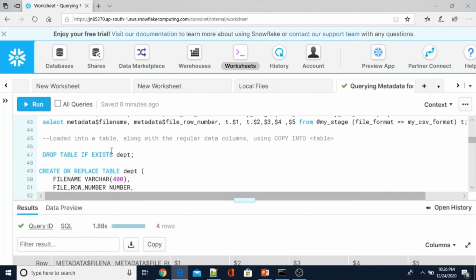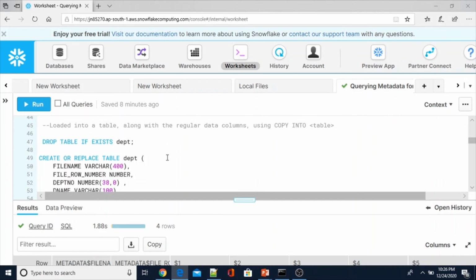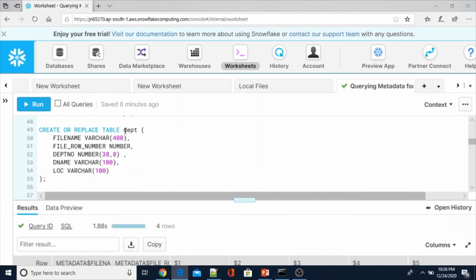Now let me show you how to insert the metadata information into a table. For that I am going to create the dept table with file name, file row number, department number, dname, and location. 3 columns will be copied from the file and 2 are the metadata information.